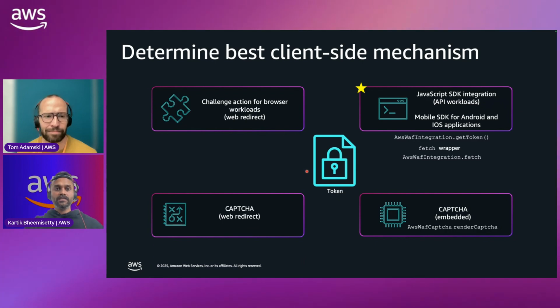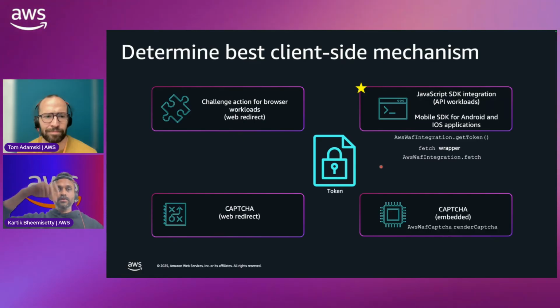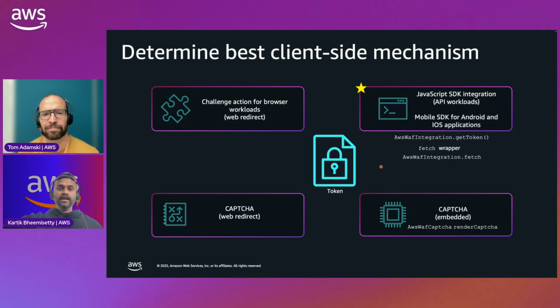Now, how can you improve customer experience? Look at JavaScript SDK integration. When you enable it, we provide mobile SDKs and also one for HTML pages. You can add an SDK to the top of your HTML. As soon as the browser or any application downloads that content, the first thing it has to do is go get a token, and then any requests it sends will carry the token.